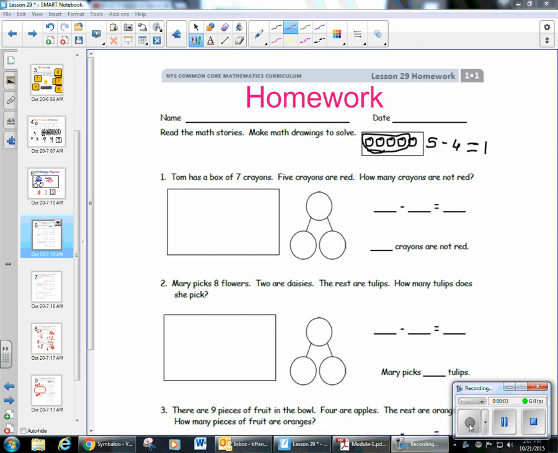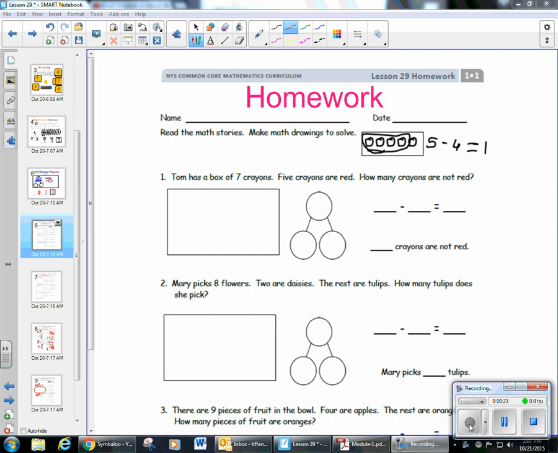It is Wednesday, October 21st, and today in math, the students and I worked on subtraction stories again. This time it's a story where we're missing part of the problem. We have a total, we have one part of the problem, but we're missing what happened to the other part